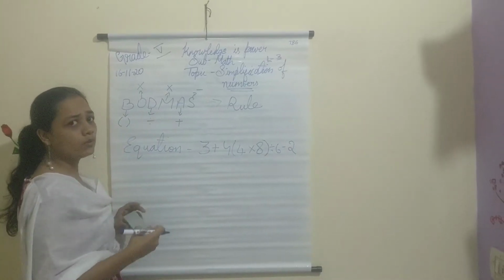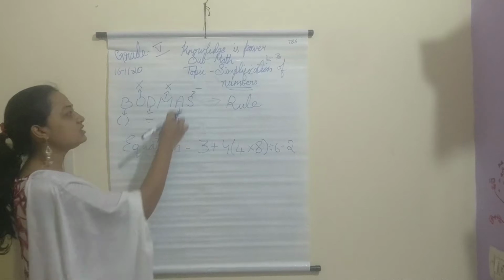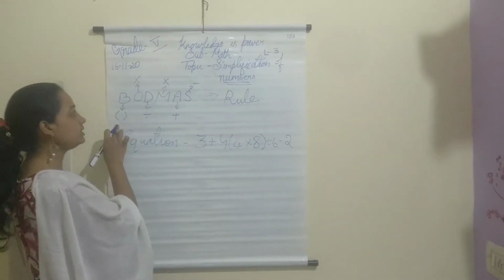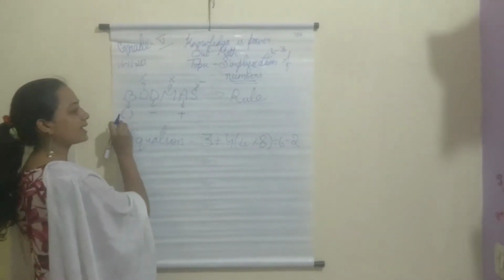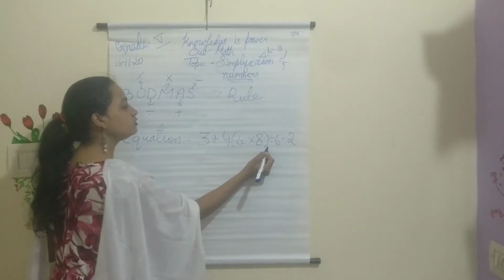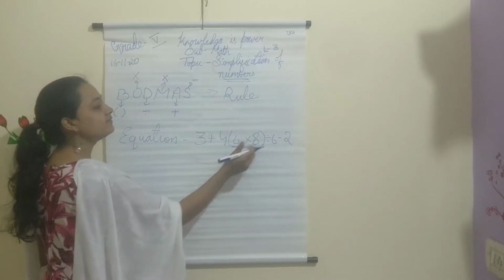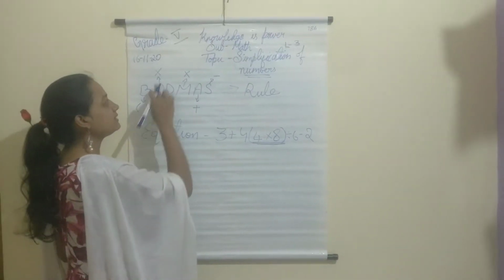What do you mean by BODMAS? Here if you see, I have written something for each letter. B means bracket. Means we have to always start doing sums from the bracket. If you can see here, I have brackets. So first I should take the two numbers inside the bracket and first write the answer for that. Next, after that we'll go for off, multiplication.